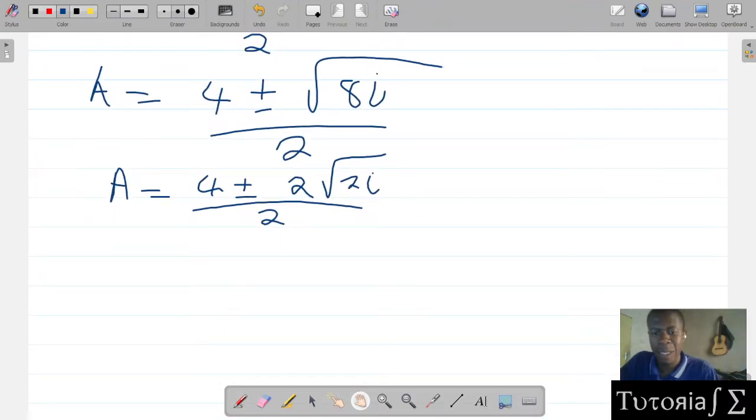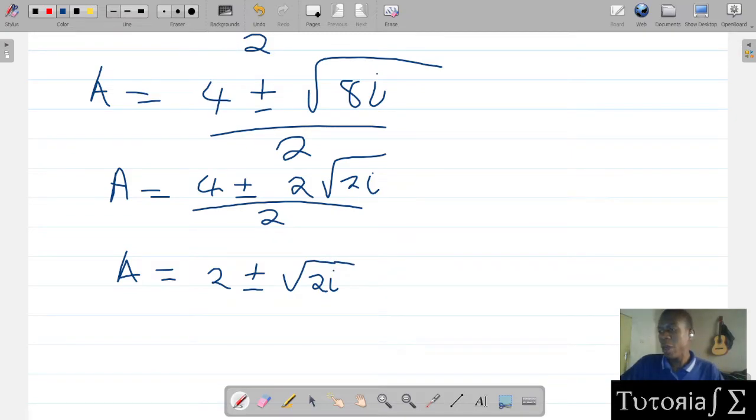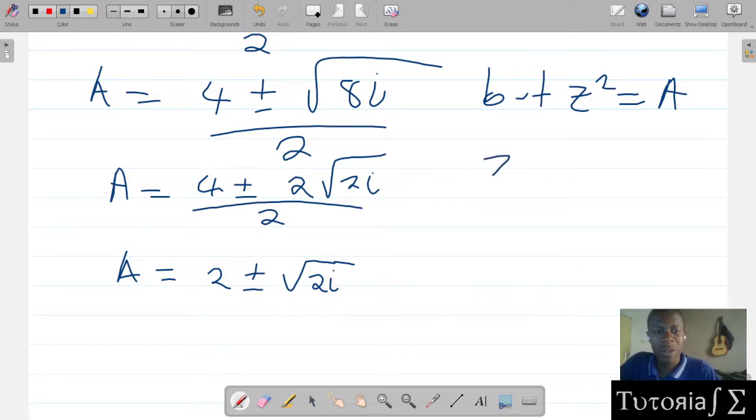Then from here we can simplify our A as being equal to 2 plus or minus root of 2i inside the brackets. The i is inside the brackets. So now this is our A, but we said we had let z squared be equal to A, so we replace back. Therefore we are going to have z squared equal to 2 plus or minus root of 2i,